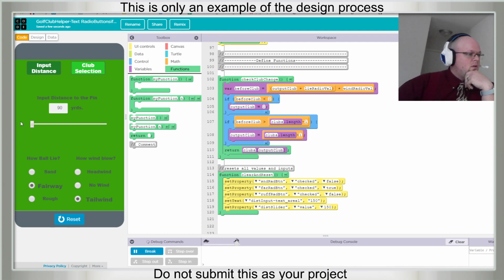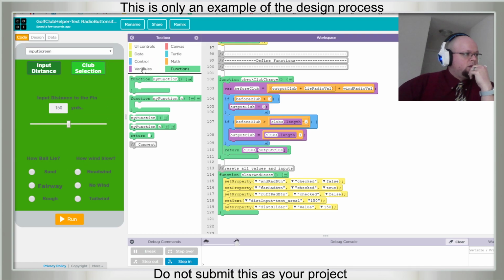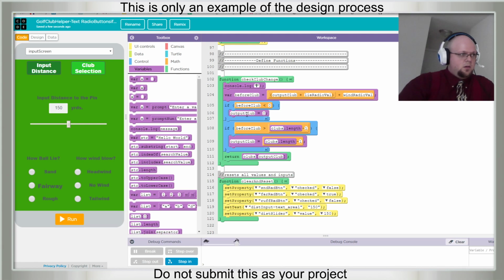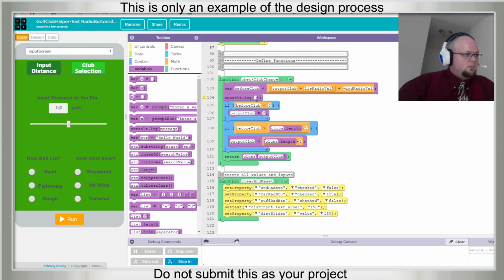Why are these not working? Let's do some console logging when in doubt. And if we can't solve this real quick, we will punt and fix it next time.